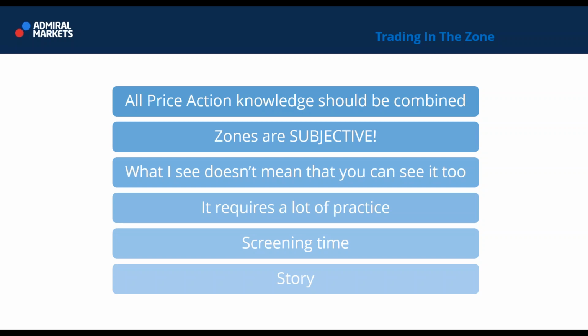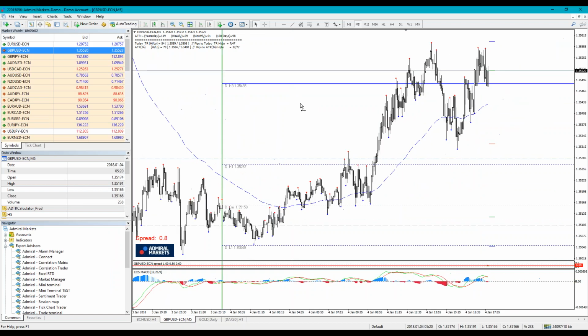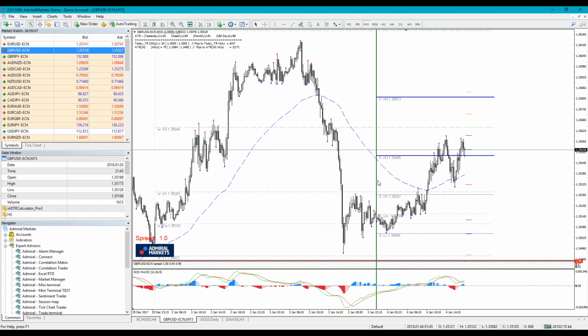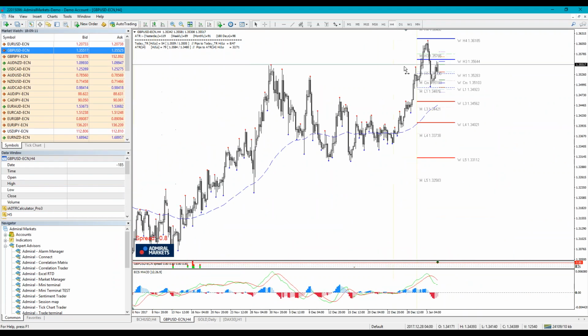Now, for example, why do I say weaving a story? Because every single chart and every single time frame has its own trend. For example, pound dollar. This is uptrend on 5-minute chart. If you go to 15 minutes, you will see a sort of downtrend. If you go to 4 hour, you will see a trend again. So it's good to know, and it's very important to know that every time frame has its own story,